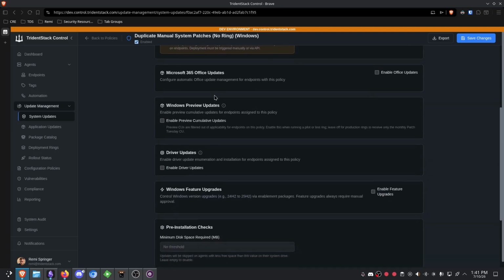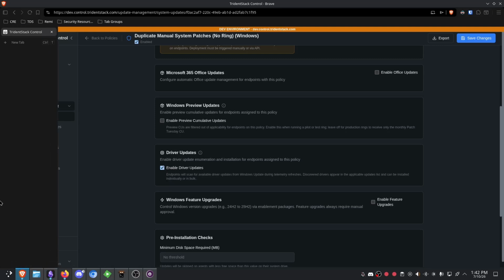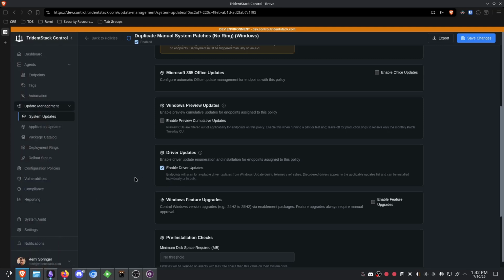Excellent. These settings here allow you to enable installation of other Microsoft Update policies and settings, such as enabling preview updates as effectively quality assurance. Personally, I don't like to be Microsoft's guinea pig, so I do not check this button. Driver updates. Your mileage may vary with this button here. Unfortunately, drivers ship with varying levels of software quality, and they have varying levels of vulnerabilities. Some tools tend to ship a lot of drivers, and some builds and workstations need a lot of drivers. Most of the time, if you're deploying to servers, I recommend leaving this button